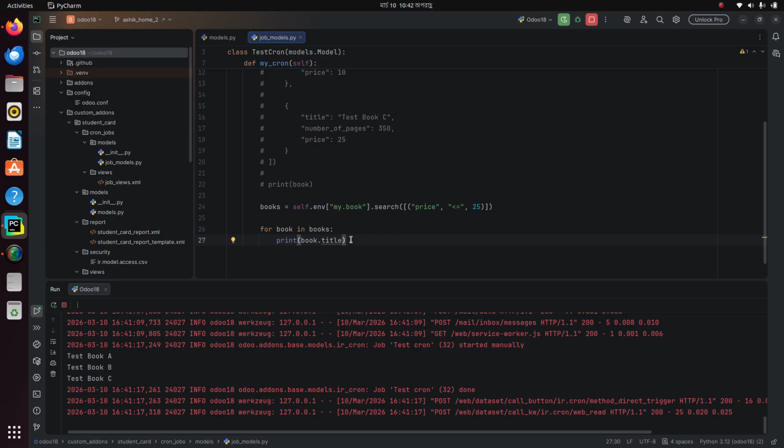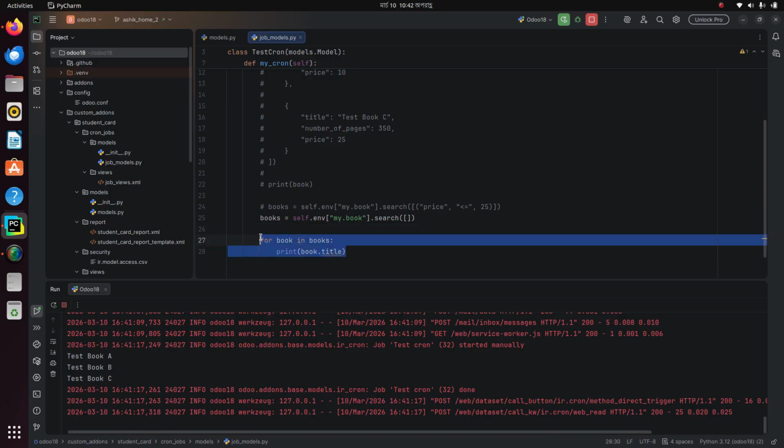The very simple way to do that is, let's comment the first line, and from the second line remove this tuple. So in this query we are getting all the 4 books. If we want to find how many books are available in that my.book table, we can simply say